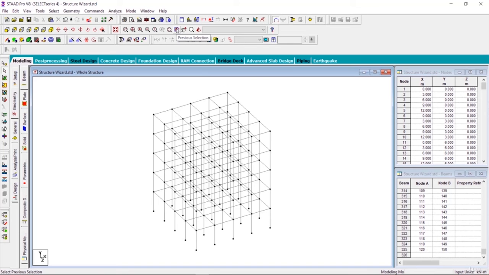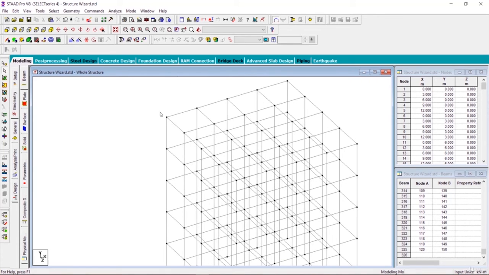Similarly, we got the previous selection option. Suppose that you selected these 4 members by pressing Control. Somehow you clicked somewhere and the selection is gone. To select these 4 members again is kind of easy, but what if you had selected 5 to 10 members at different locations of your structure? Then making those selections again by left clicking might be tough and a waste of time. So you just click on this previous selection option, and whatever you had selected earlier will come back.